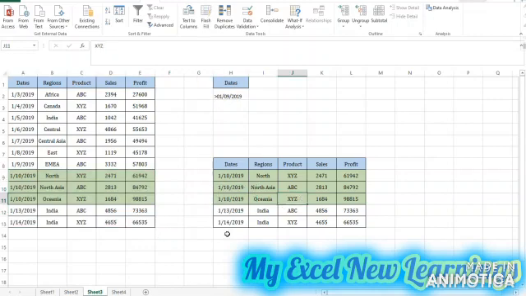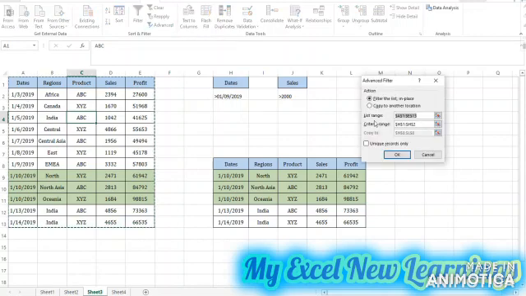So you can use the greater than, or if I want the sales greater than 2000, I will use the same steps: go to the data tab, click on the advanced filter, then copy to other location, then select your criteria.